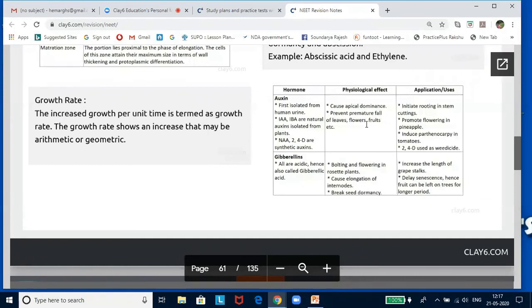Now the next group is gibberellic acid, a group of plant hormones that stimulate the growth of leaves and shoots in general, and internodal length of genetically dwarfed plants in particular, called gibberellins. In the 1920s, a Japanese biologist was studying a disease of rice in which the young rice seedlings grew extremely tall suddenly and fell over and died.